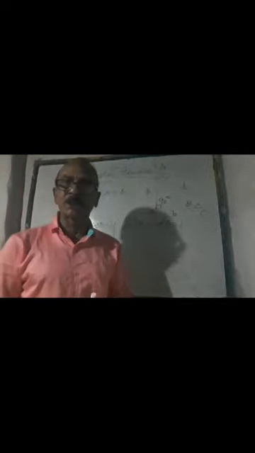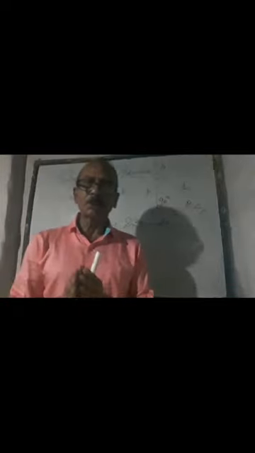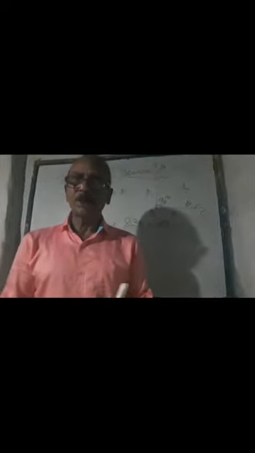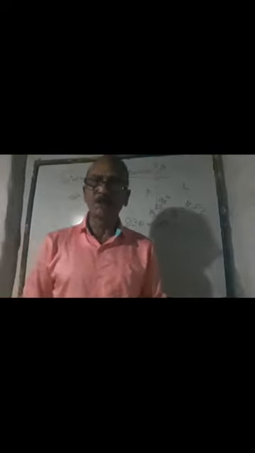So what did I say? If the relation is true for every admissible value of the unknown, that would be an identity. And if it is true for some particular values, not for all values of the unknown, then that would be an equation. You may be putting theta equal to 0 degree, 30 degree, 45, 60 or 90, whatever value of theta. But here in class 10 you are restricted to 0 degree to 90 degree, and you have to focus on 0, 30, 45, 60 and 90 degree only. That's why I am not talking about the angles in between, that means 15 degree or 16 degree or 19 degree.